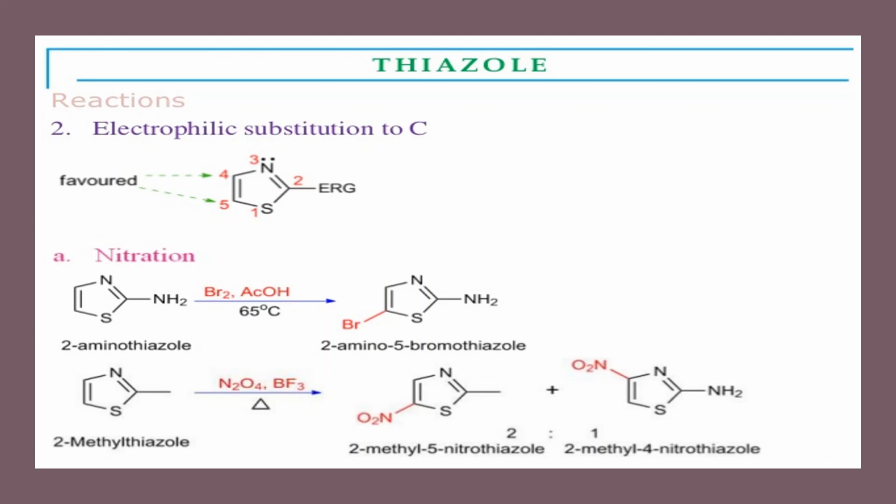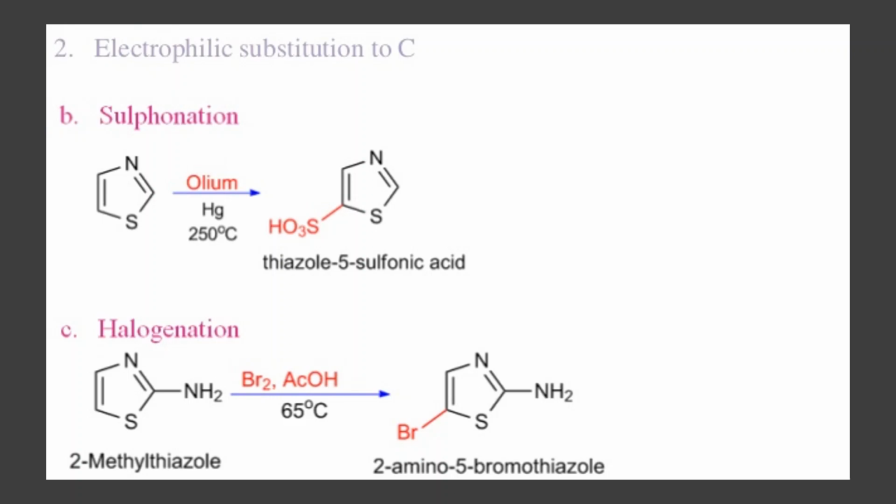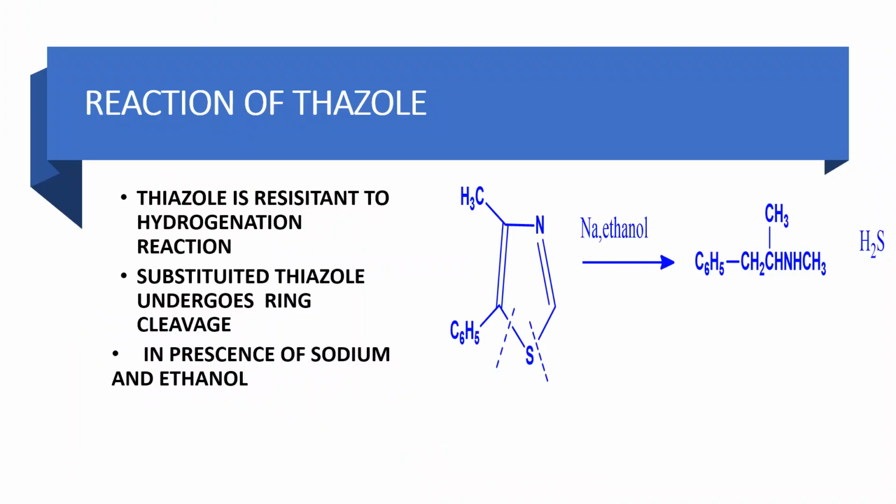You get a nitration, but in a milder condition. When you treat 2-amino thiazole with bromine in acetic acid, it undergoes bromination. Similarly, nitration also will take place. Sulfonation uses oleum in the presence of magnesium sulfate. It is highly unstable, which requires drastic conditions for sulfonation. Halogenation also takes place in the presence of an electron donating group at the 2nd position. Then only does it undergo halogenation.